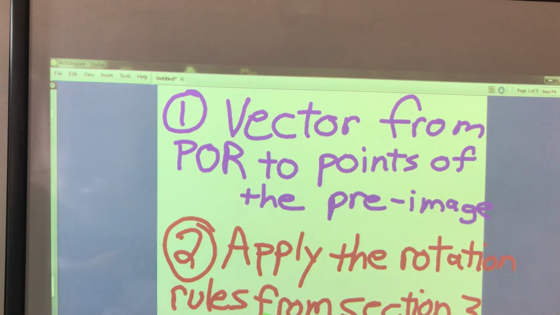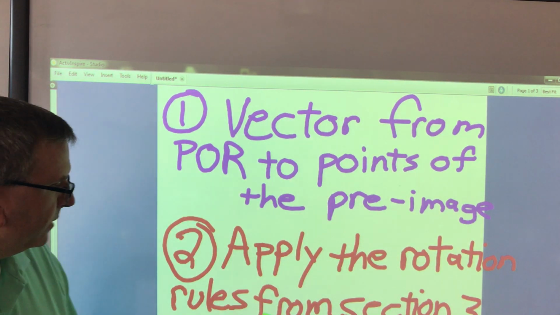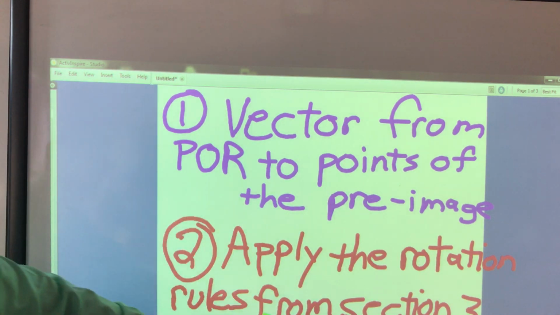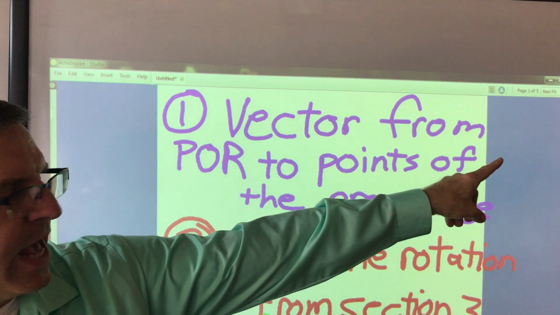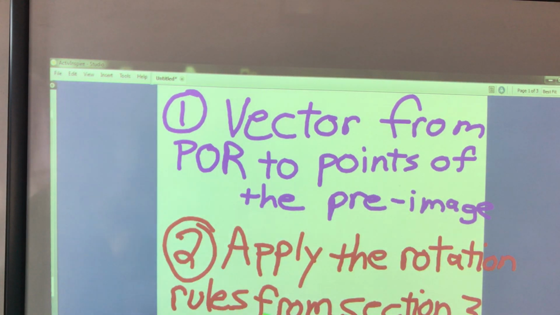Now step 2. We're going to apply the rotation rules that are up there on the board: 90 degrees counterclockwise, 180 degrees, and 270 counterclockwise. We have to apply the rotation rules from section 3, what we did yesterday, to each vector. So we're going to create a vector, then apply the rules that we have set in place. And now, step 3,